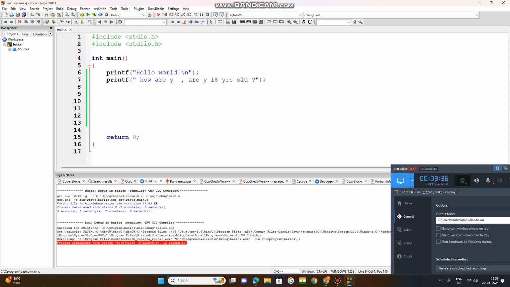Next we need to understand comments. You can use two forward slashes for a single line comment. You are not able to see it, so you should change this theme to black. For this we need to go to settings, editor,